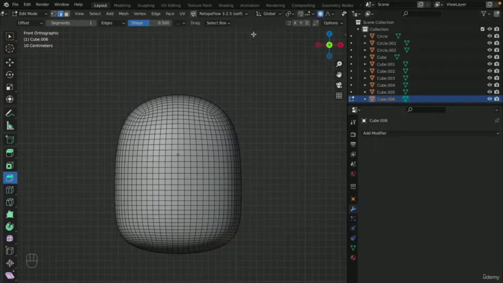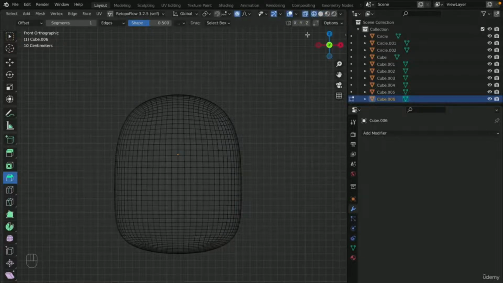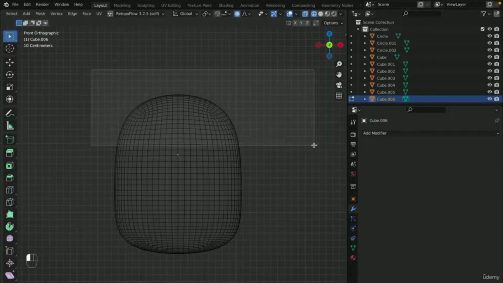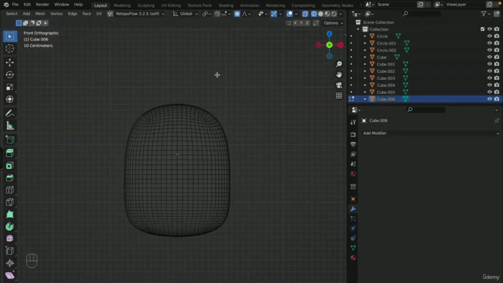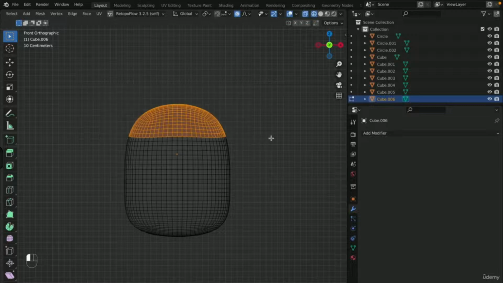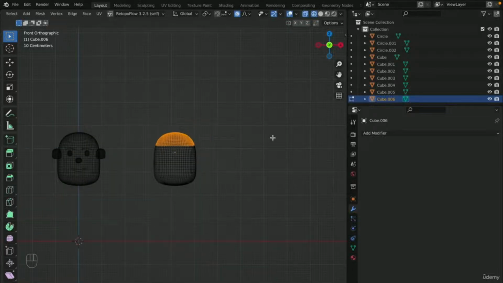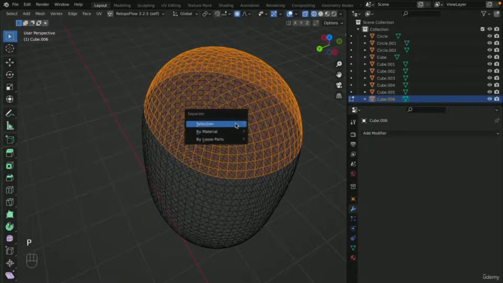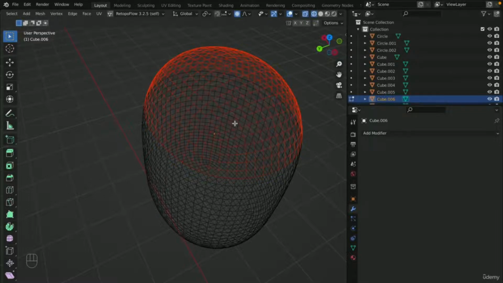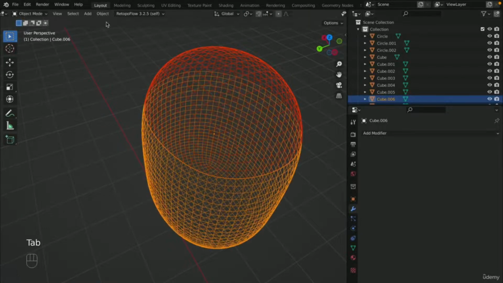and I will switch to wireframe mode and I select the upper part. Good job. Maybe a little more. Yep, good job. Now I press the P key and I select selection,